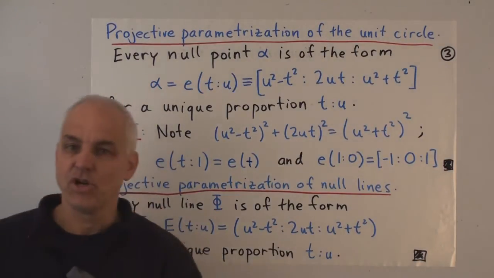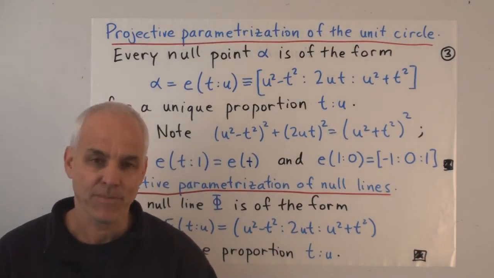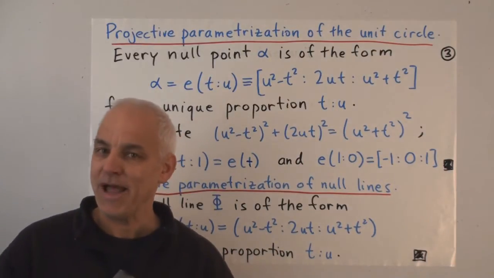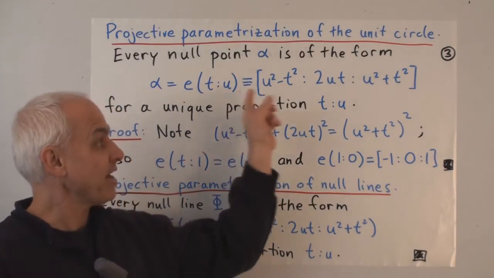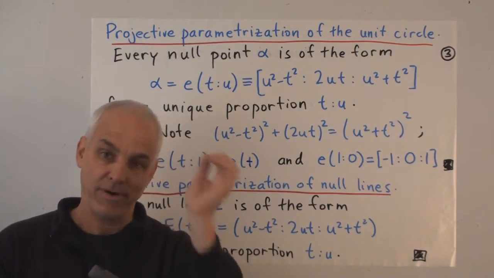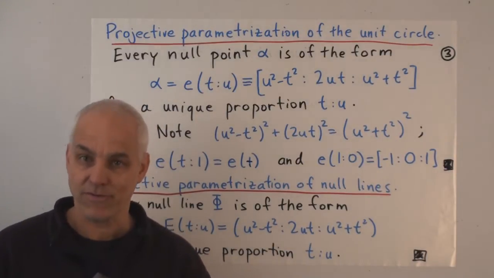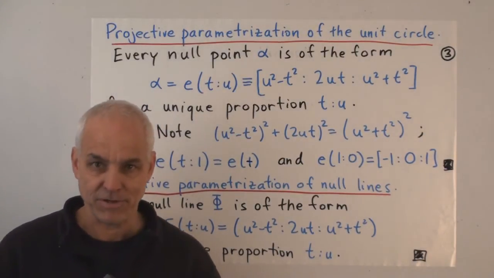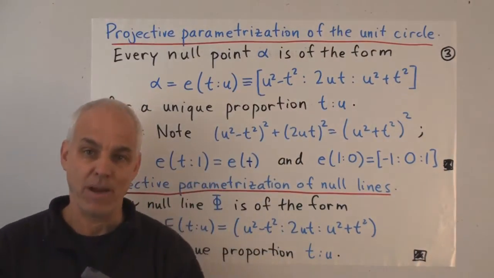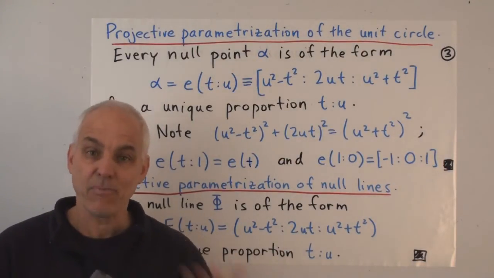This parameterization of the unit circle, which is essentially what we're doing here, is lovely. The first chapter in algebraic geometry texts ought to have this formula in it, because that's a crucial and important thing that algebraic geometry tries to do, is to try to parameterize curves. The unit circle is the simplest curve, other than a line. There's the projective parameterization of it. It's also a very useful formula in practice.